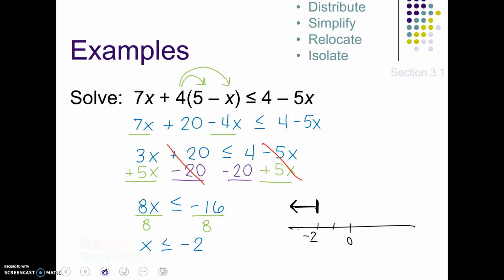Again, I'll just make sure that we can see this again. When you look at your inequality at the very end, notice that this inequality part looks kind of like an arrow, and the direction it's pointing is the same direction that it should point in your graph. And if you see an equal to as part of your inequality, that just means you'll be able to equal that number in your graph. A lot of times, what we do is we use that to draw a square bracket. And again, if we want to look at that interval notation,